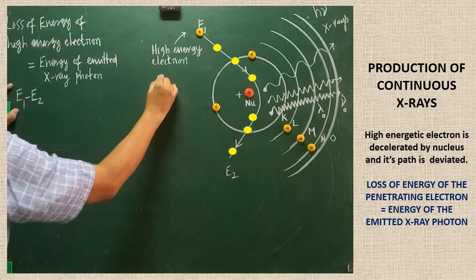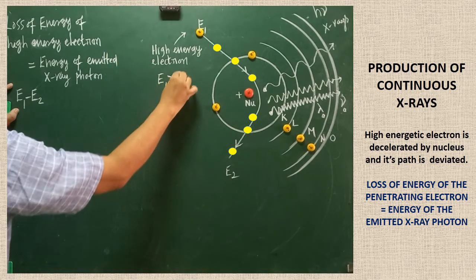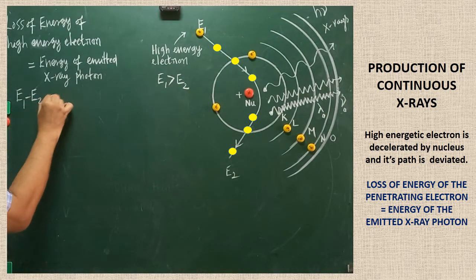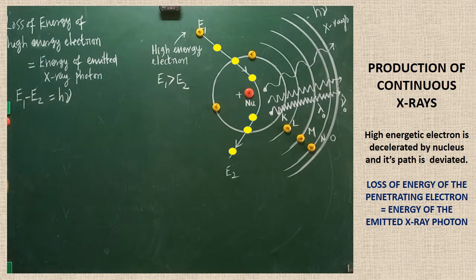You should know one thing, that E1 is greater than E2. So there is a difference in energy, a loss of energy. That is emitted in the form of which one? The X-ray photon. X-ray photon energy can be obtained by the expression h nu. Are you clear? Now, among all the radiations, longer wavelength radiation is emitted,